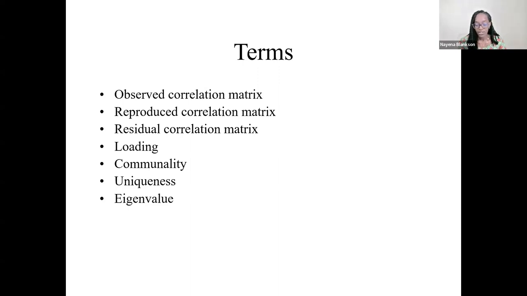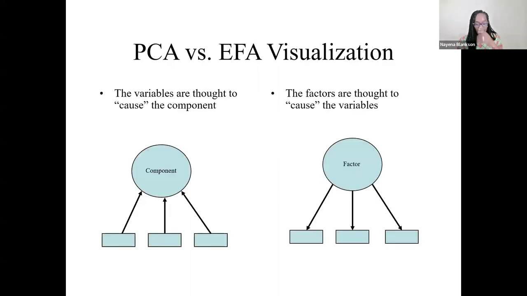And then the final term for now is eigenvalue. Communality explains variance across a variable, for a variable. Eigenvalue represents the variance for a factor. How much variance does a factor represent or account for? All right. And so now let's look at a